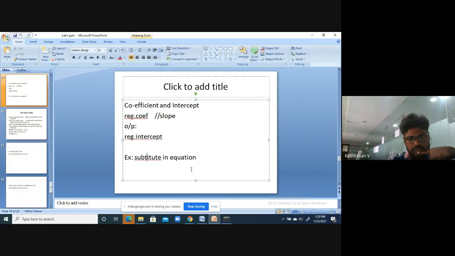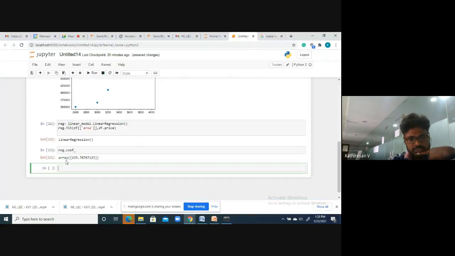Then you have to find the intercept. Sorry, the slope value is 135.76. Then you have to identify the intercept.